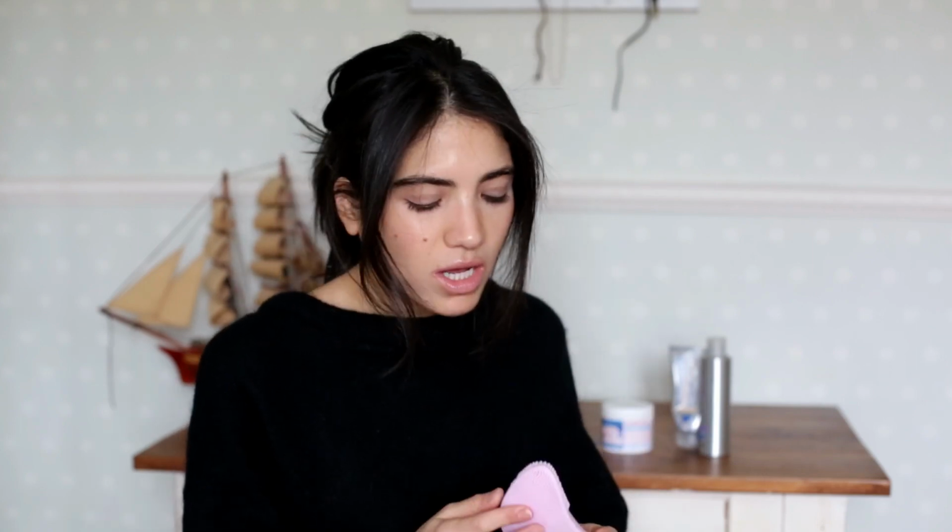So yeah, I was telling you that it really feels like the blood is moving, which is what we want. I was not using that before because I thought washing your face with your hand was perfect, you didn't need more. But once you start using it, you really see a difference. It feels like your skin is very smooth and also glowy. It's basically washing your face but